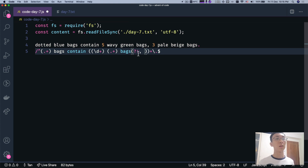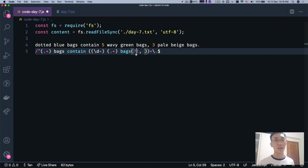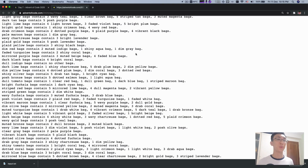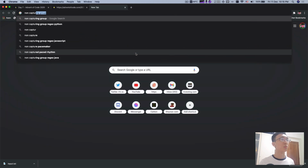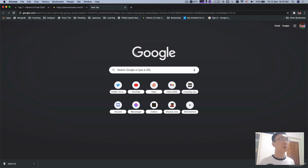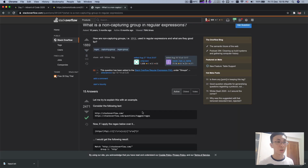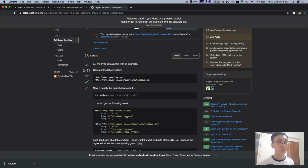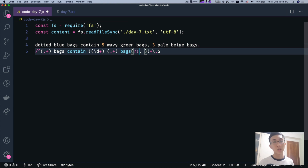So what does this do? Actually I'm ashamed of telling you that I'm not very sure about this syntax. So non-capturing group JavaScript, it should be right. You know, sometimes I just can't remember. Non-capturing group. Oh, okay, sorry. It should be question mark colon, which tells me non-capturing, which means